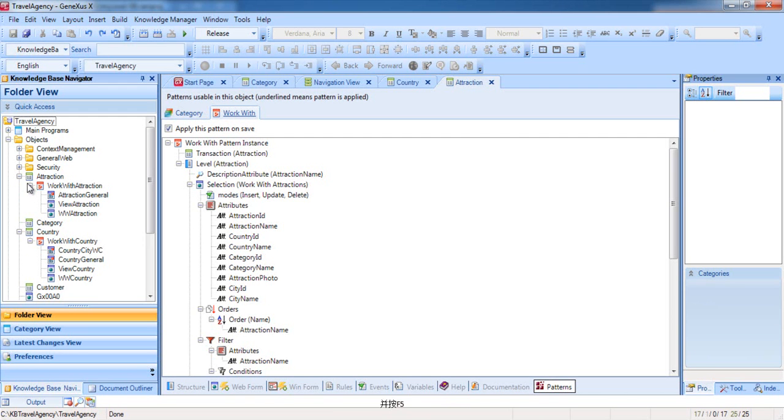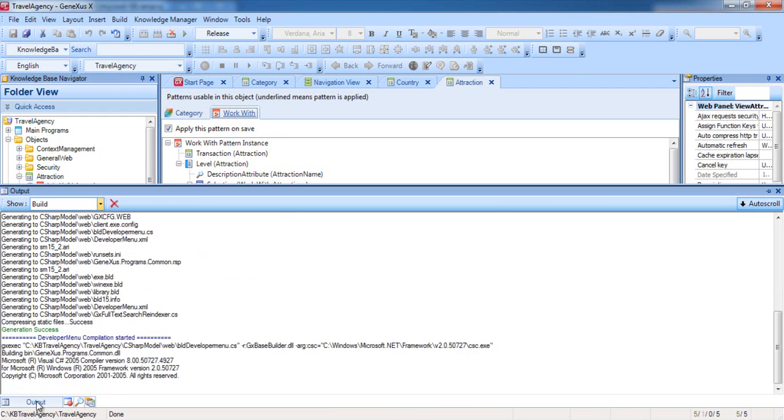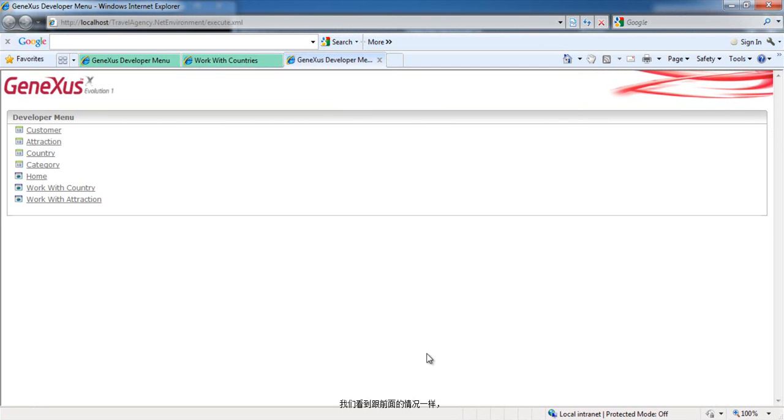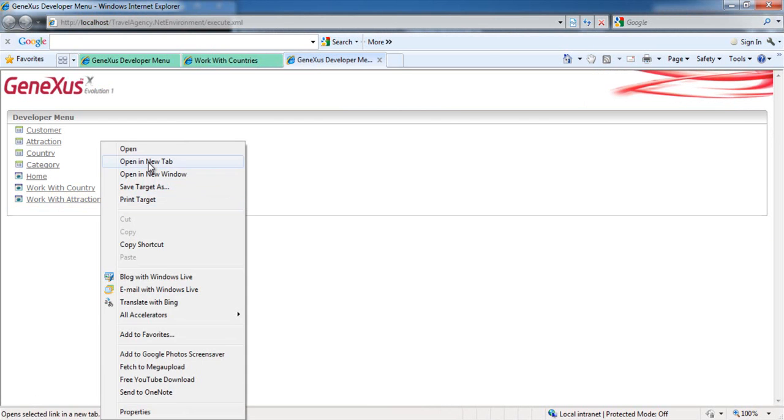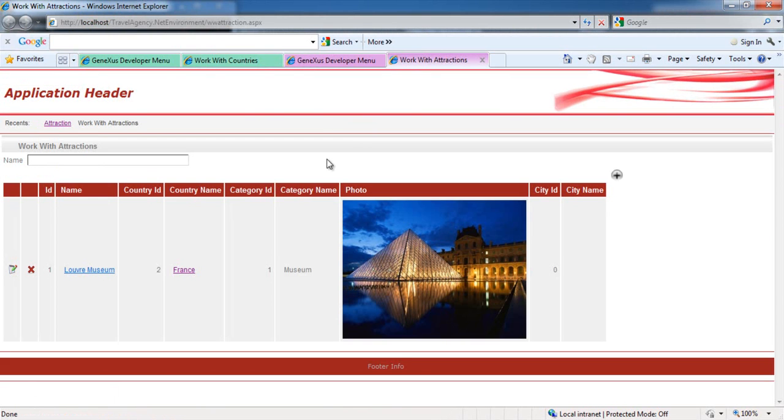and we'll press F5. Note that just like in the previous case, we're offered to work with attractions, and from there the transaction gets its name. We run Work With Attractions. Here we have the same query features that we saw for Work With Countries, and we'll use it to enter